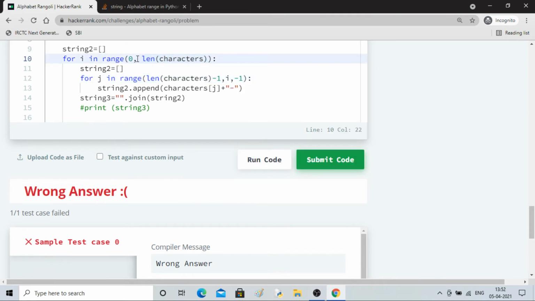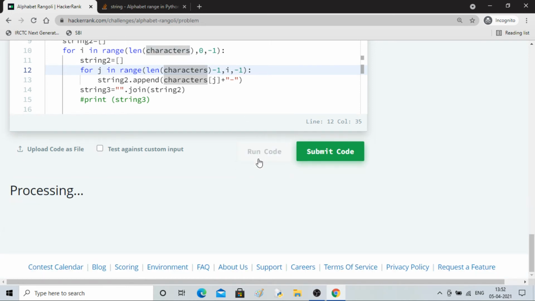Instead of starting from 0, it will start from length of character -1. Let's do this in decrement fashion. It will go from length of character and then decrease, so it will go from E to A. I think this should work.